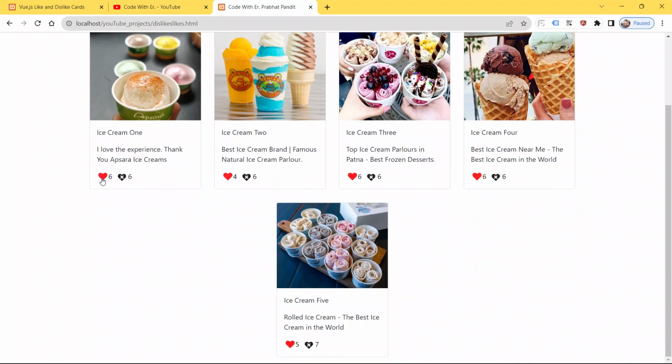Again you can like it, again you can hate it. Whenever you click the I love it or I hate it button, the number is going to increase. It is working fine.